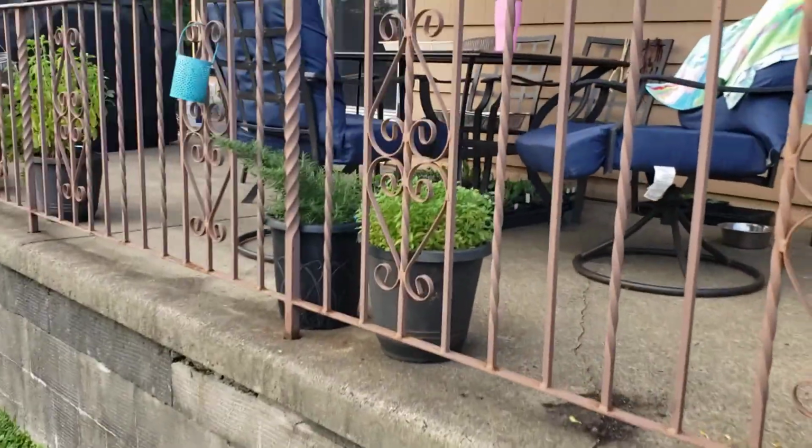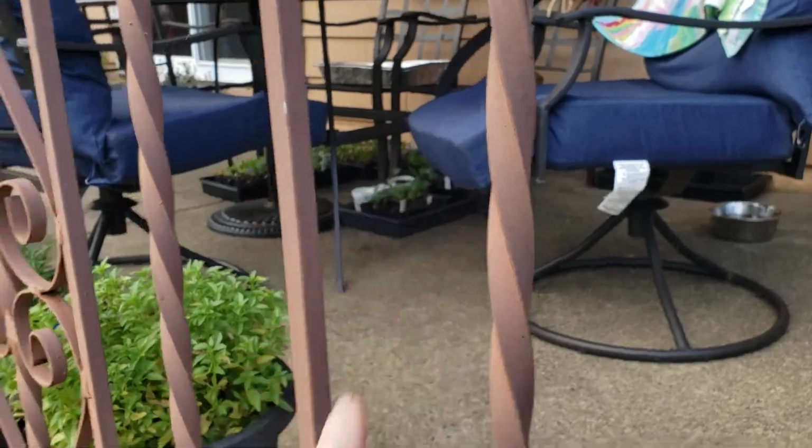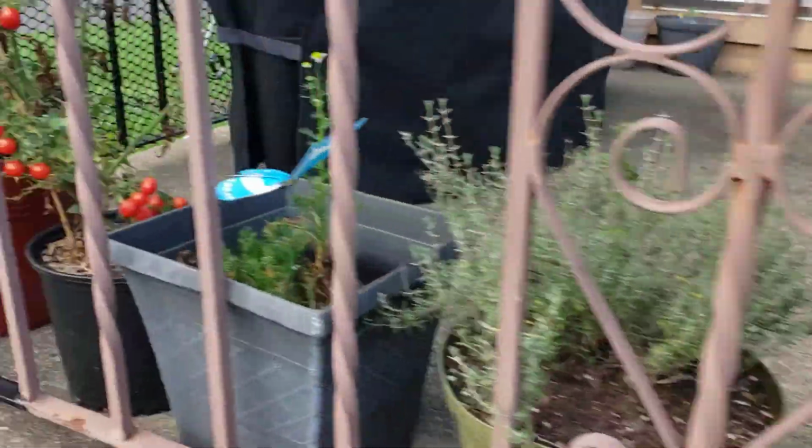I have my seed starts. Can you see between the railings? I have my fall plants under there. Basil, rosemary, all that's still doing good. That basil I'm going to end up picking. And let's go